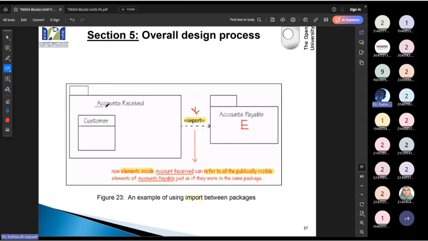So now if the account receiver would like to use the E, how can it be used? It's just going to say E directly. It is allowed to use it directly. Okay, what's the problem here? Now, assume you go to your sister's room. She said use whatever you would like, and you get a book and she didn't label it, she didn't write her name on it. You just use that book, a software engineering book, because we love it.